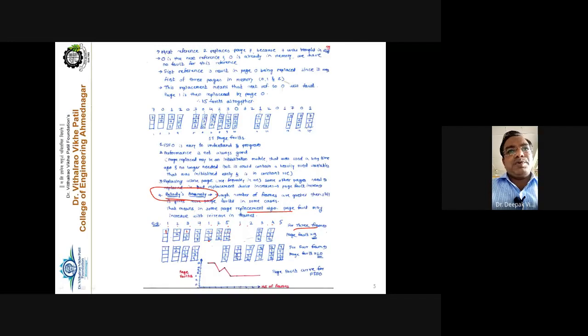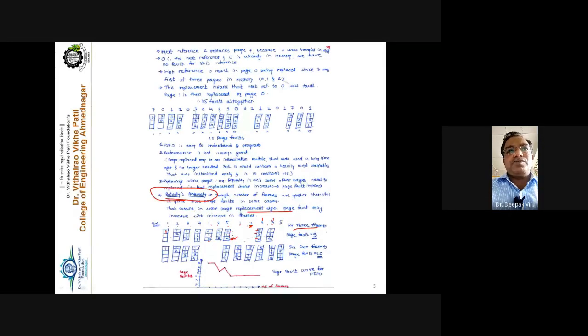For 1, no page fault because 1 is already there. For page number 2, no page fault occurs because 2 is already present. But for 3, which is to be replaced among 5, 1, 2? 1 is the oldest one, so replace that. So it becomes 5, 3, 2.